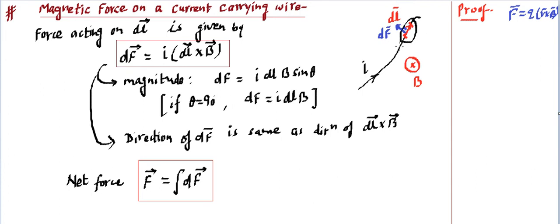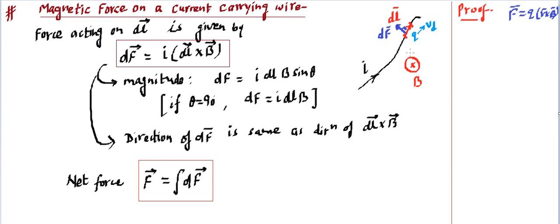In this dl element some charged particles must be moving. So if you look at the charge point of view, you'll find a positive charge q must be moving in this way. Basically it is not the positive charge, but it is electrons that move in the opposite direction. So we can think of this as a charge q, and it's moving with velocity v. In wires, conductors, we have already talked about this, they move with the drift speed. So what is the force on those charged particles which are located in this particular zone going to be?